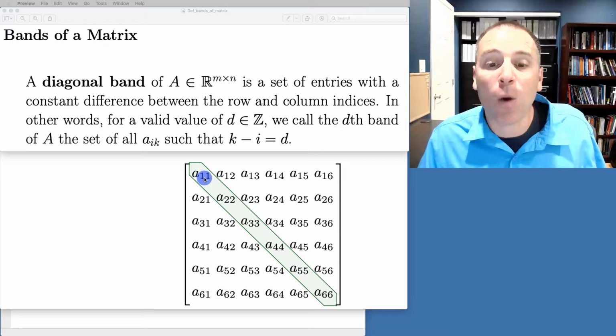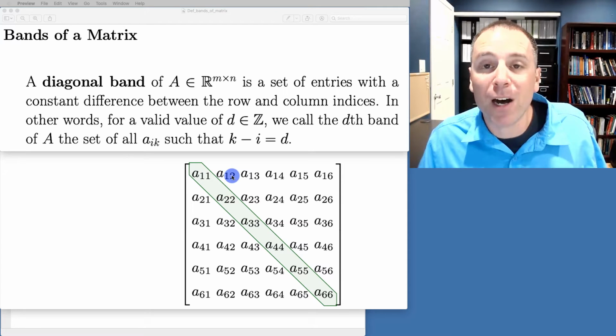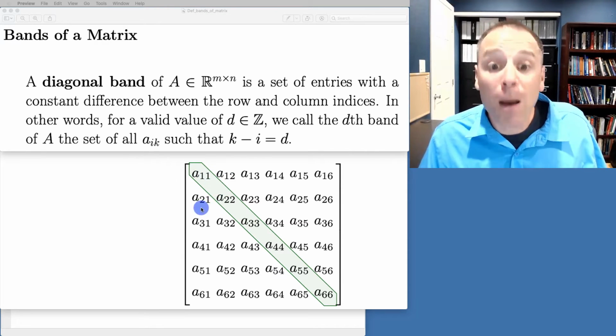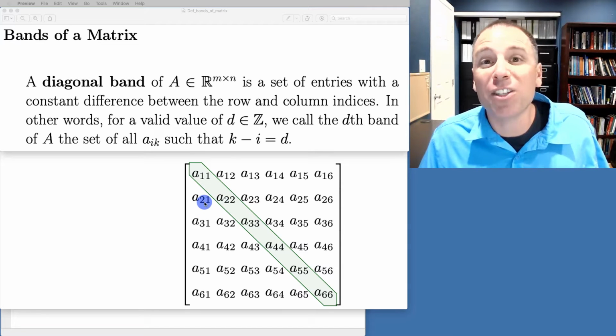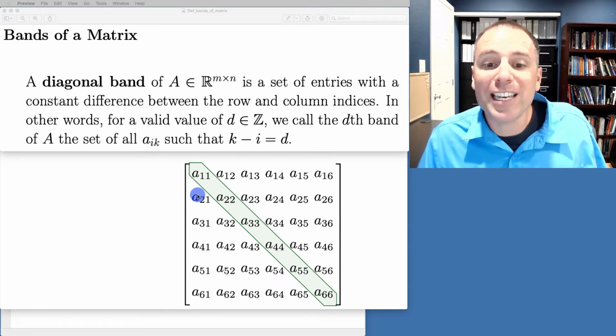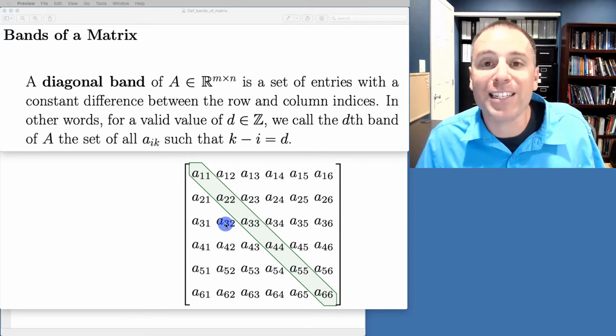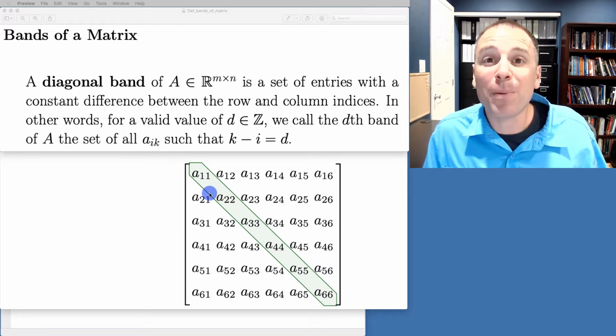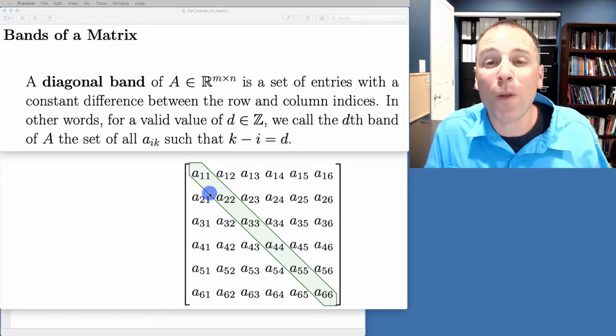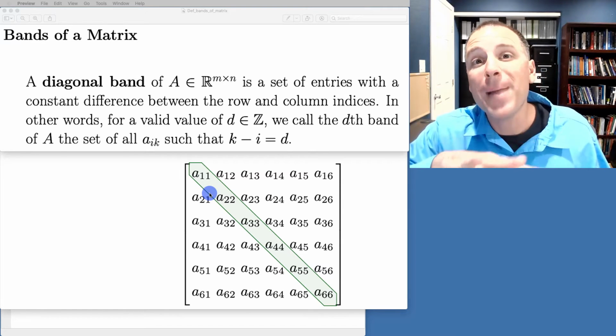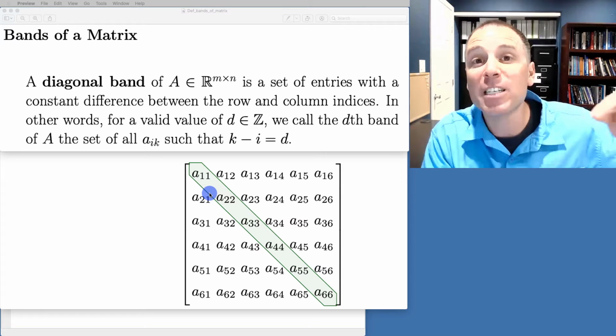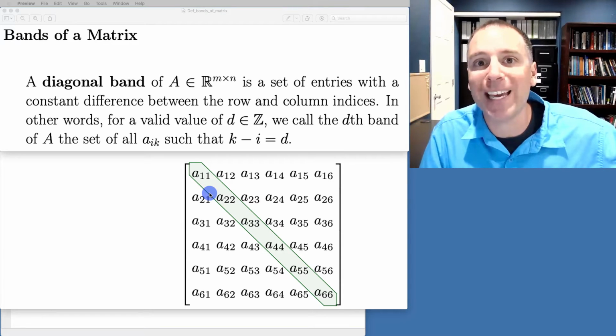The reason that they did that was they thought super is above, so that should be positive. Sub-diagonal bands are below the diagonals, that should probably be negative. In this case, we see that the -1 band of this matrix is all the entries directly below the main diagonal. Notice 1 minus 2 is -1, 2 minus 3 is -1, all the way down to 5 minus 6 is -1. The reason bands come into play is many applications rely on what they either call tridiagonal or pentadiagonal matrices, where we have special values along the diagonal bands of a matrix.